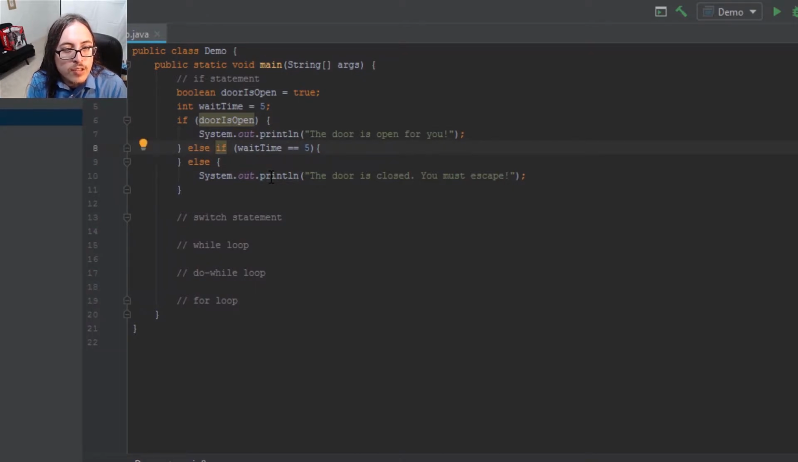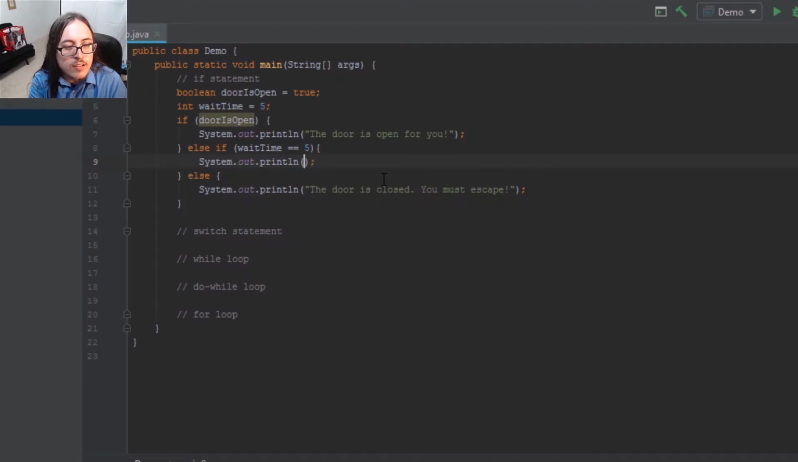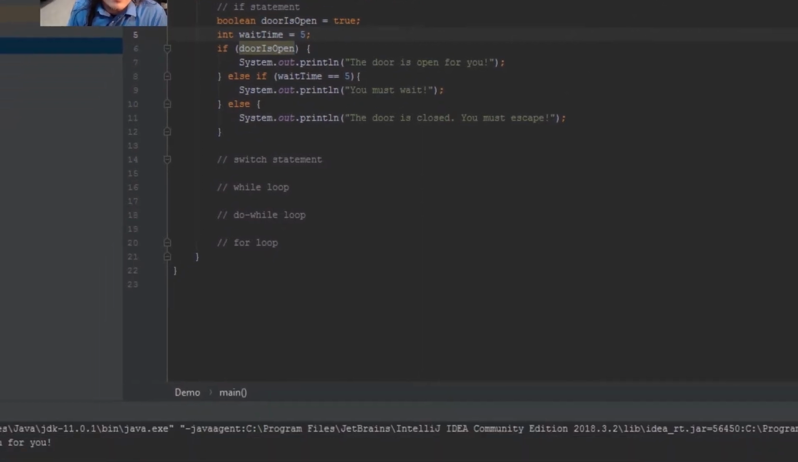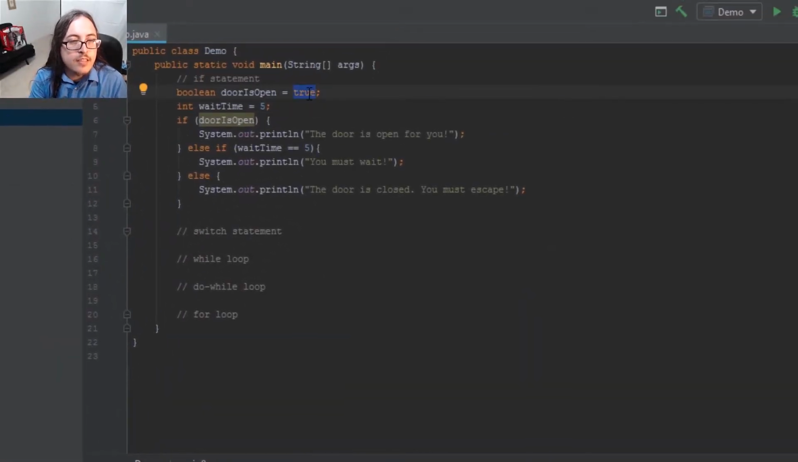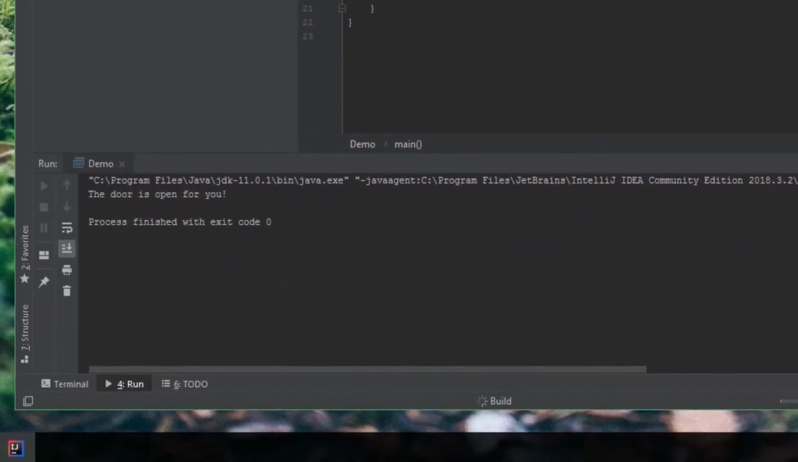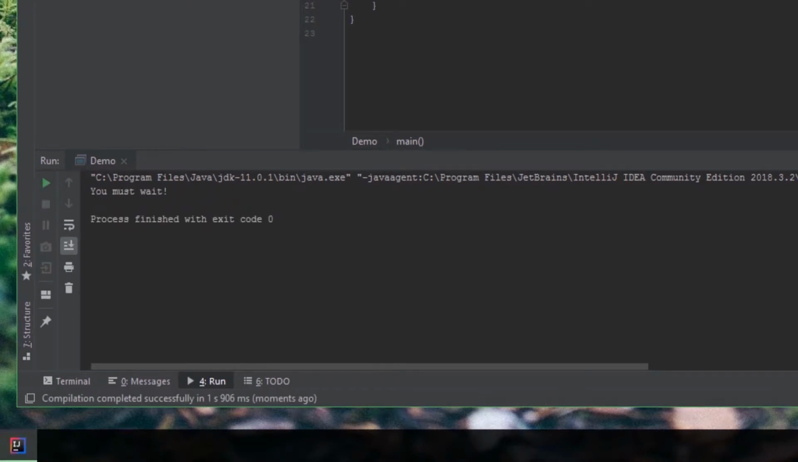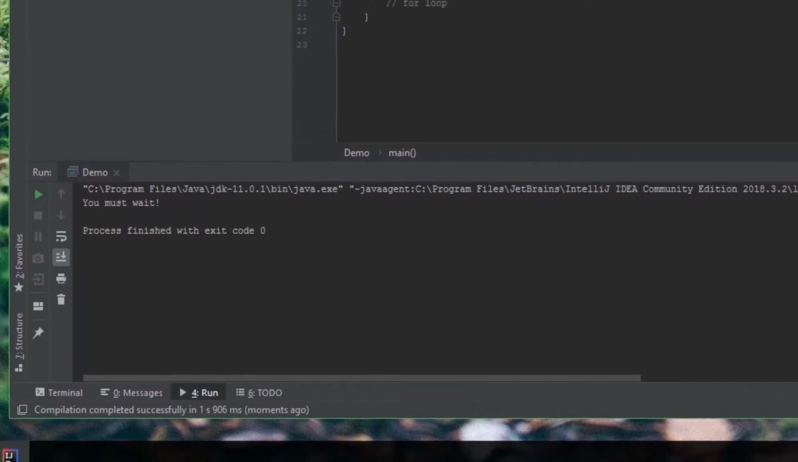Okay, so here I've set the wait time equal to 5, and here I'll say you must wait. Right? So wait time equals 5, but the door is open. So what's going to happen? It's going to print out the door is open for you. But if I set this equal to false and I run it again, it's going to say you must wait,